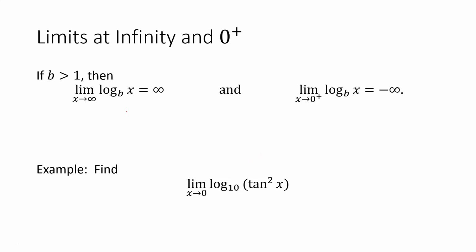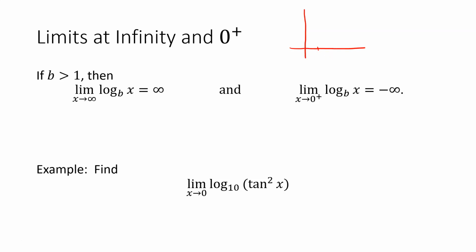What happens in the logarithm as x approaches infinity? Well, what we've noticed is the graph of the logarithm will tend to get larger and larger. And so as x goes to infinity, log base b of x also goes to infinity. What happens as x approaches 0 from the right? Well, in the graph of log base b, if we remember